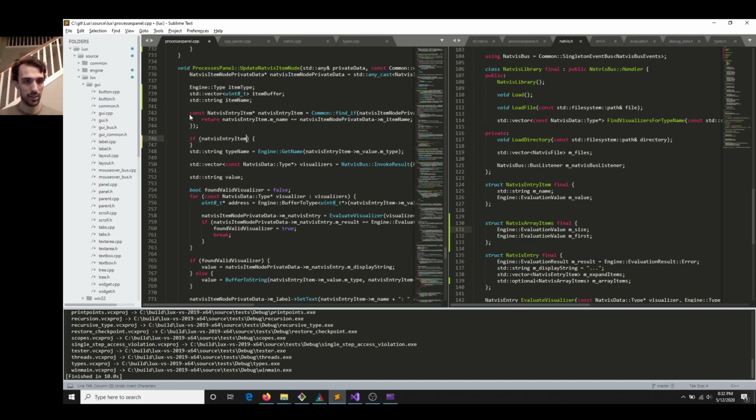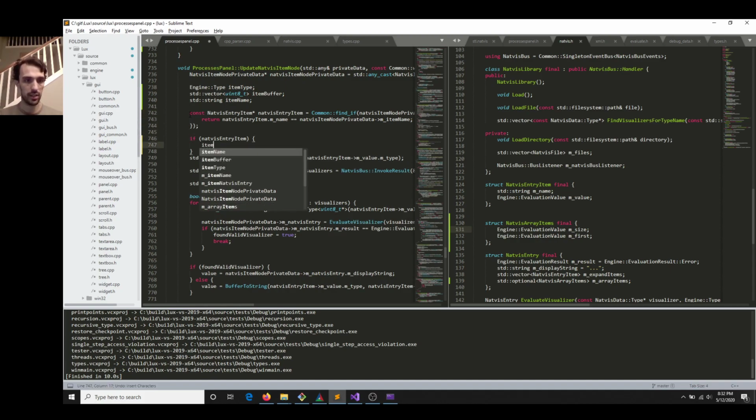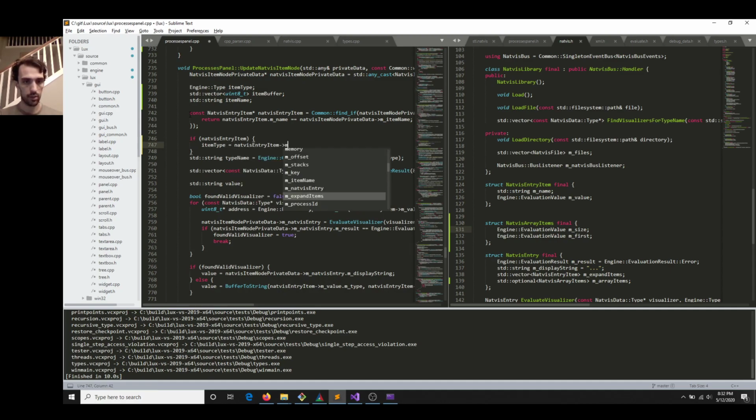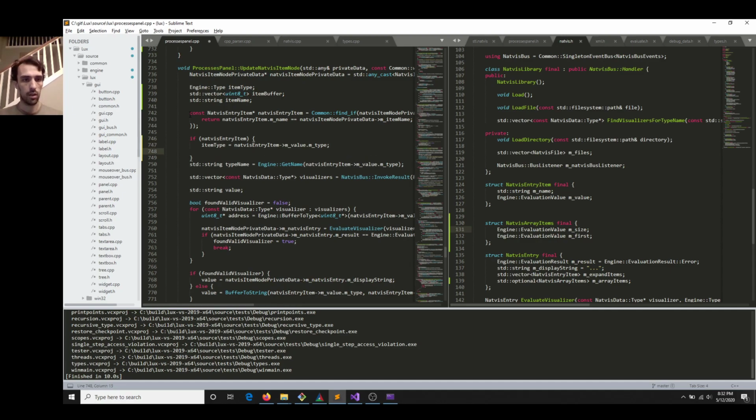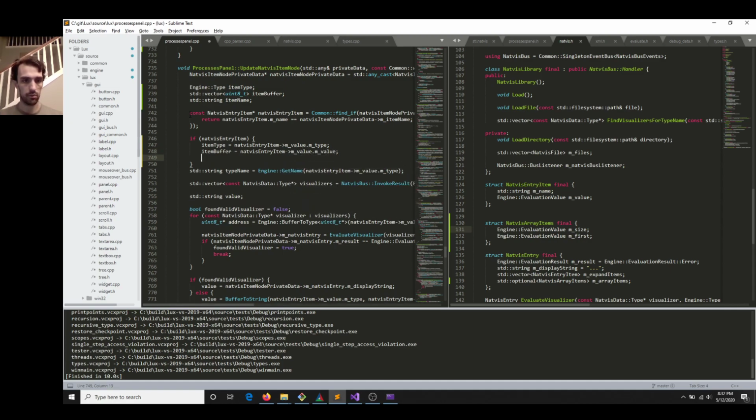I'll keep them on different lines. If this exists, then the item type is NatViz entry item value.mtype. Item buffer is NatViz entry item mvalue.mvalue. Item name is NatViz entry item mname. Okay. Otherwise,